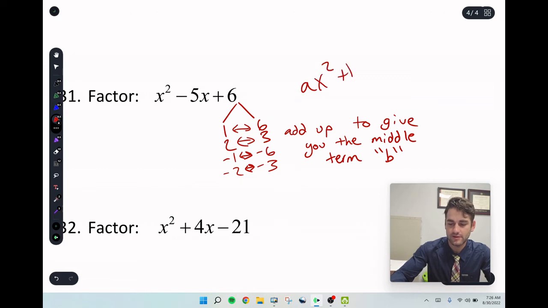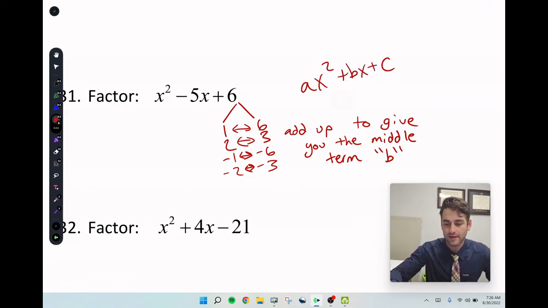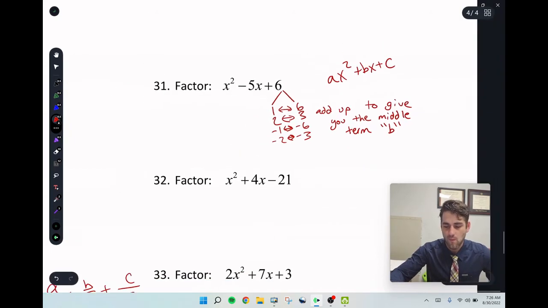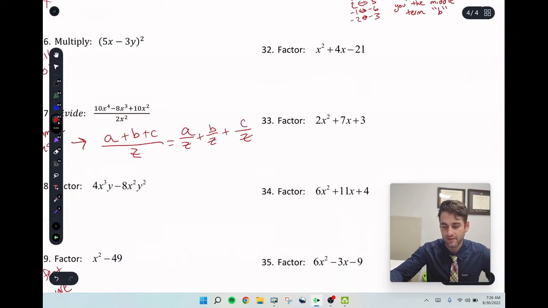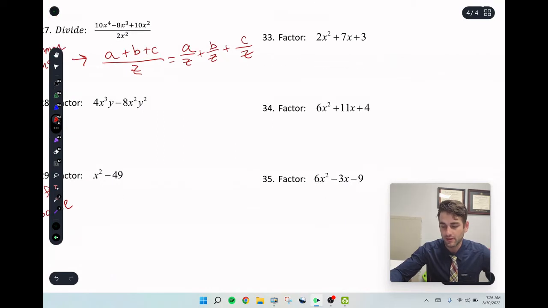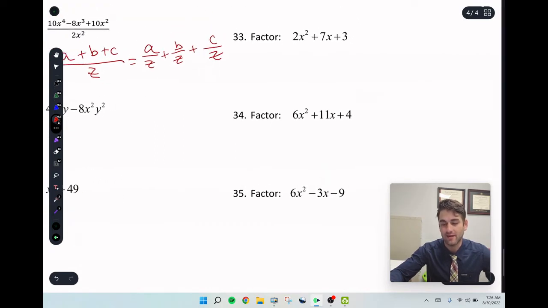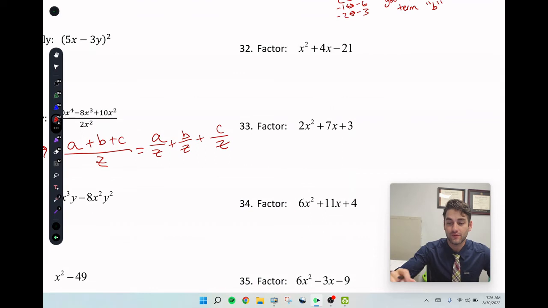Ax squared plus bx plus c, the standard form of a quadratic equation. Okay, factor, factor, factor. You get a little bit of tough factoring on the end when it has a coefficient in the front. So when it gets a little bit tougher like that and it's got a coefficient in the front,